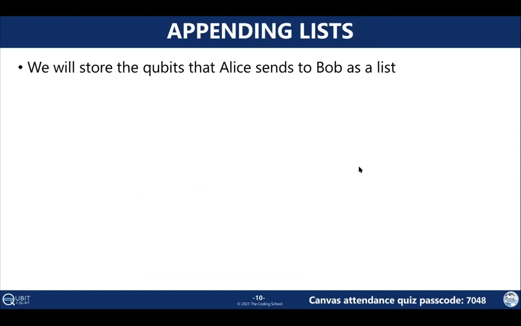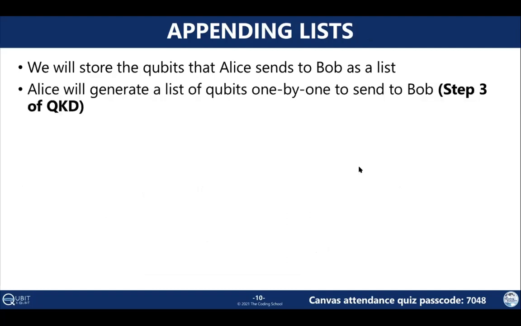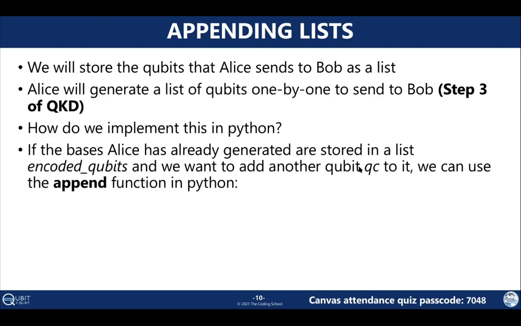So once we have created these bit strings, we want to store the qubits that Alice sends to Bob as a list. Alice will generate a list of qubits one by one, similarly to the bit strings she created for the information she was trying to send. To implement this in Python, Alice has randomly generated a list of bases,